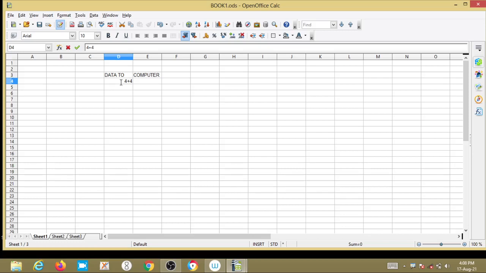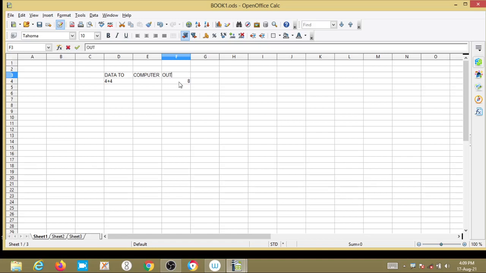I am giving 4 plus 4 to the computer, and it will calculate and give the result, that is 8. So this is the output.